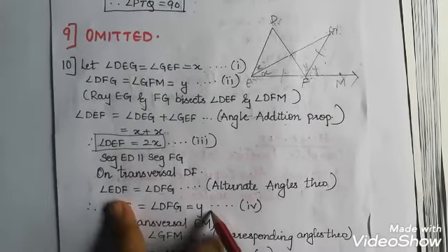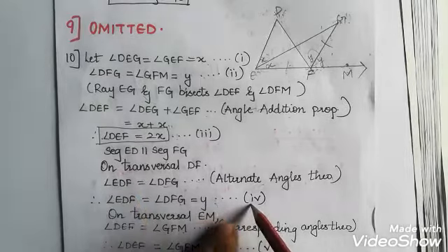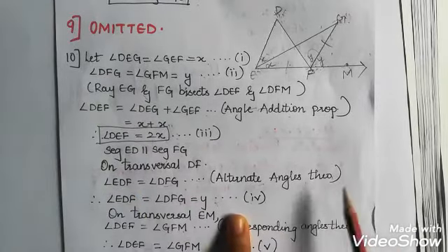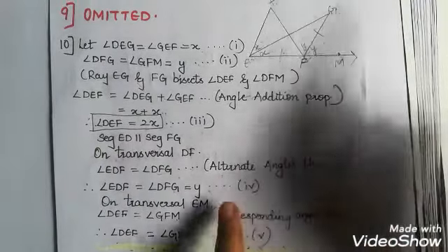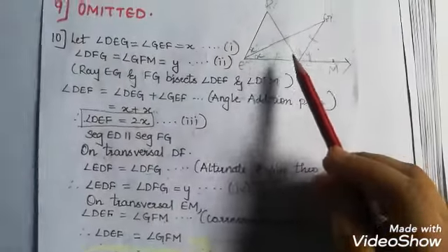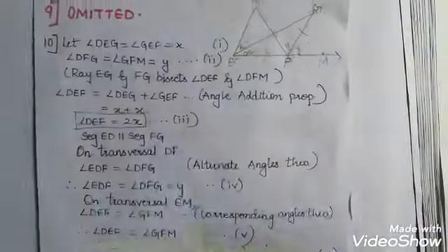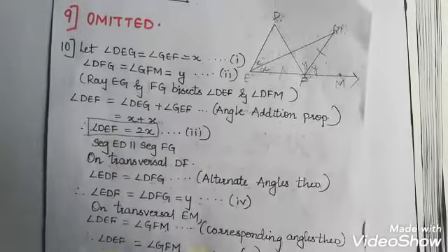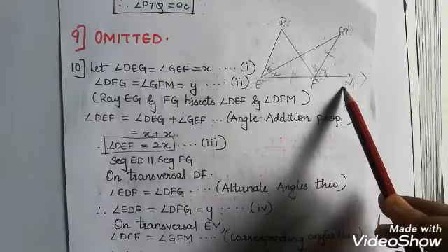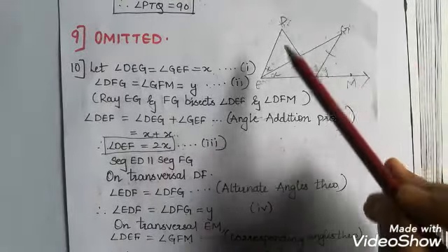Okay, because they are equal. So this I assume as equation 4. Next, now I take EM as a transversal. So now when I take EM as a transversal, I get angle